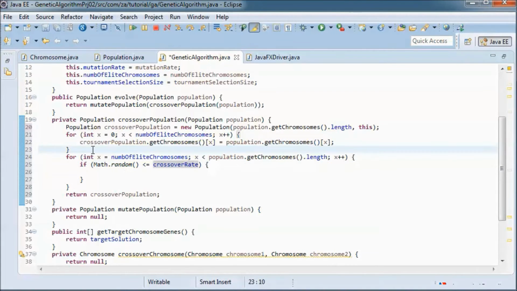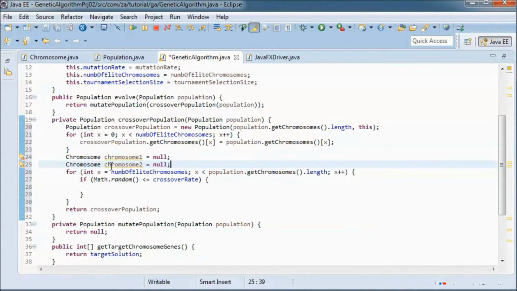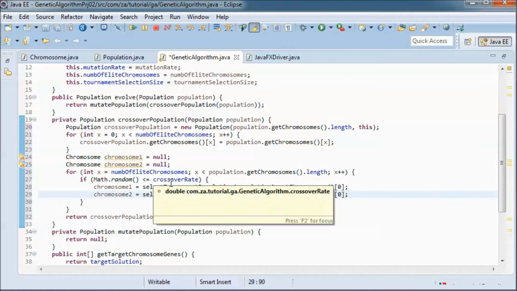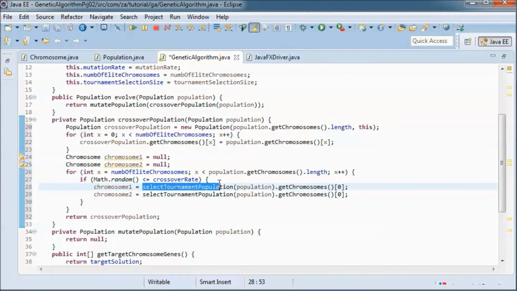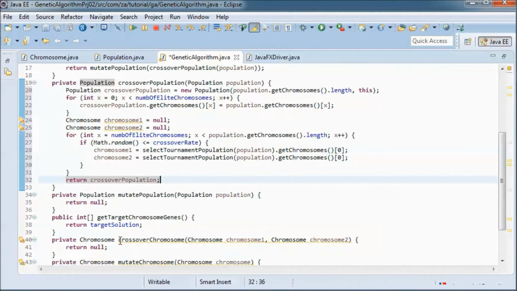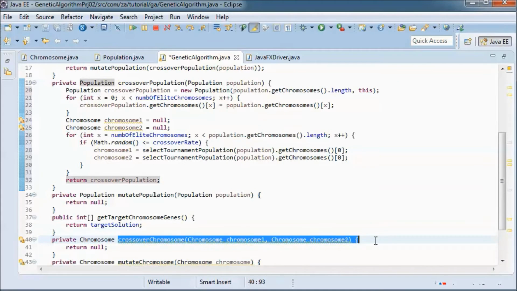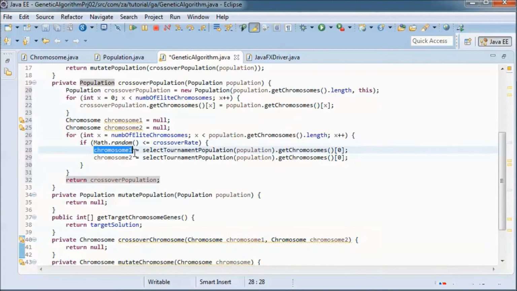So let's define chromosome 1 and chromosome 2, and we will pick each one using tournament selection. So we'll call this select tournament population method, and we'll pick the one with the highest fitness in both cases, and then we will call this crossover chromosome method with those two chromosomes.